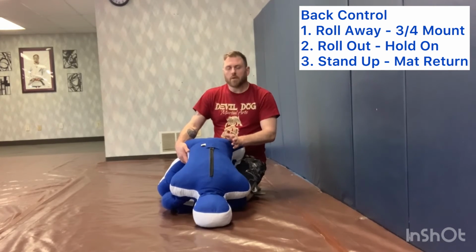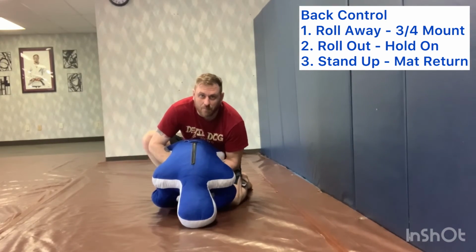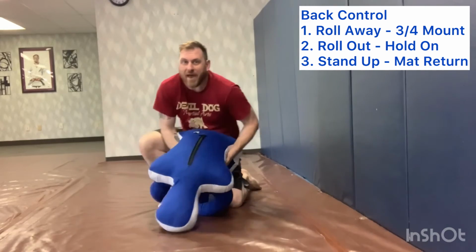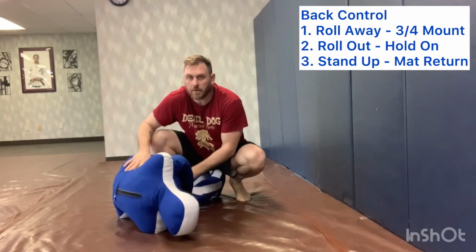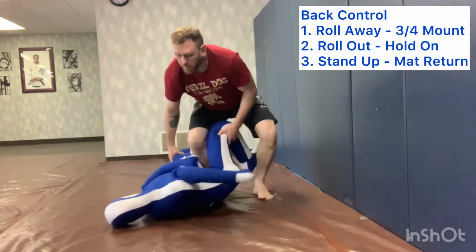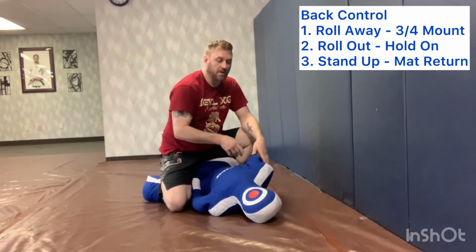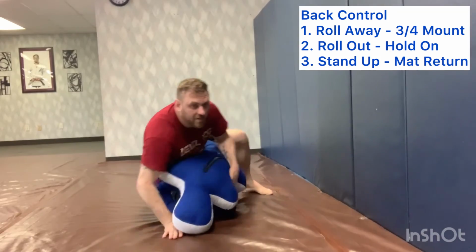The first one, let's talk about, they can't really Peterson because he tends to sit more back, right? So they're not gonna really be able to pull him over. If he's more on the side, the Peterson is more possible. But when he's sitting back here, it's not really possible. So what tends to happen is they roll this way, and what he'll do is just continue them over, and instead of going to mount, he goes to a quarter mount. Why? It's more controlling. And two, and this is what I think he's really after, if he can continue to turn them, now when he gets behind them,